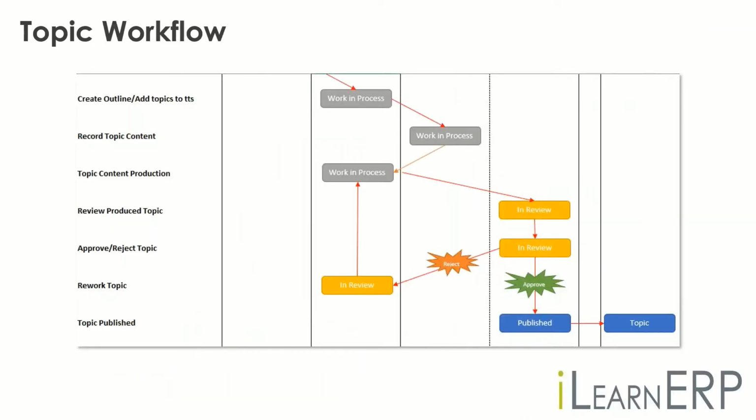A little bit about our topic workflow. So it's very easy to work with the workflow in the TT Performance Suite. So we started everything as a work in process. Once the topic was recorded and the iLearn team came back behind to apply those standards and then also test the topic, we flipped the topic to in review, at which point the Oshkosh team was alerted that it was ready for them, and they could go over it one more time and either reject the topic and send it